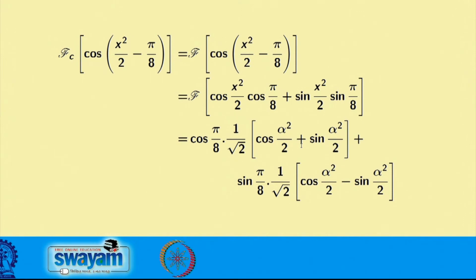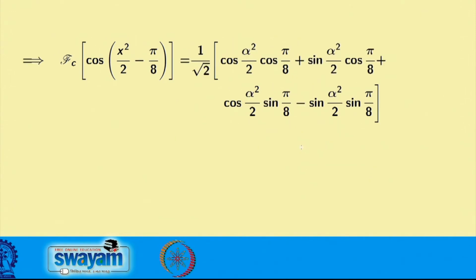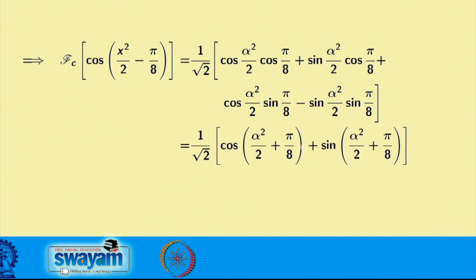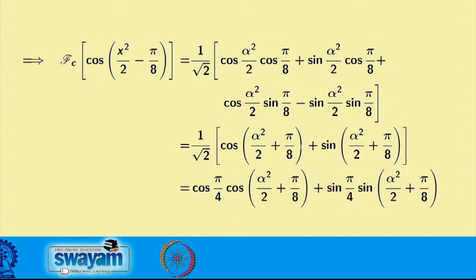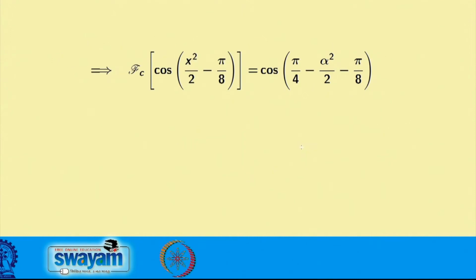Here also, for the second term, sin square x by 2 by 2 sin pi by 8 into the Fourier transform of sin square x by 2, I am writing. Now I am just using the trigonometric properties. Using the trigonometric properties, I am writing this particular form, and here again I am replacing 1 by root 2 in one place by cos pi by 4, in another place by sin pi by 4. So that the cos A cos B plus sin A sin B form can come, and ultimately I am getting